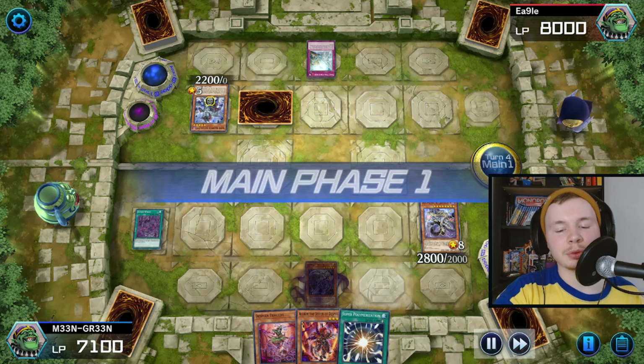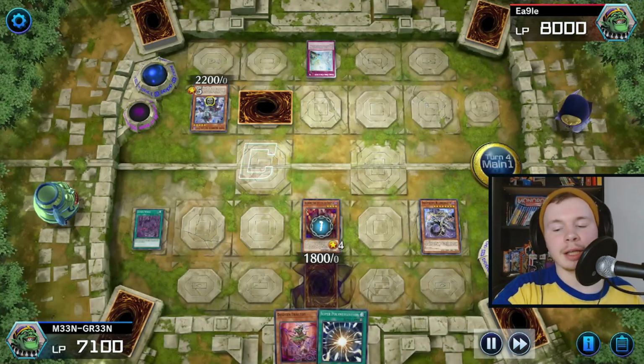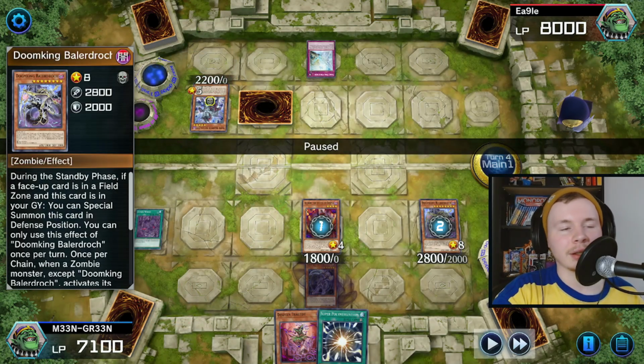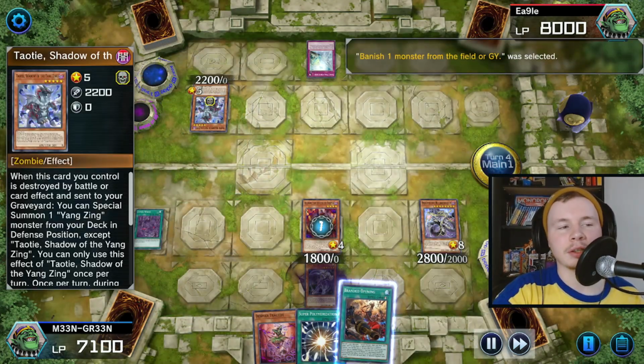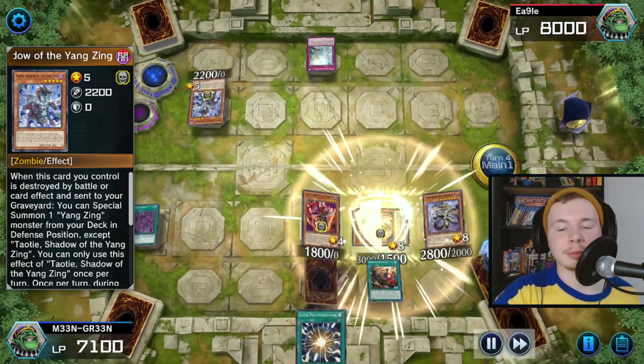So now our turn comes. We draw Super Poly. Pretty broken card in this deck. We normal summon Aluber. And because Aluber is treated as a zombie on the field, that triggers our Doomking Balerdroch and allows us to banish a monster. We're going to be banishing the face down because we'd rather deal with unknowns because we can easily just beat over this card. We're going to get ourselves a Branded Opening, activate the Branded Opening, discarding the Despian Tragedy to